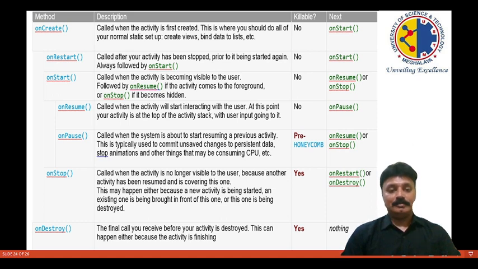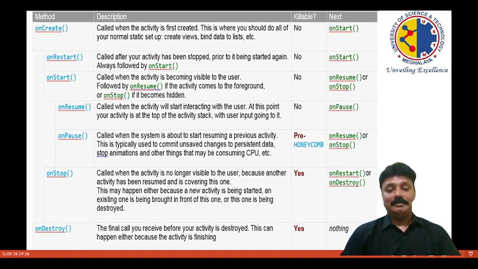Then onStop is called when the activity is no longer visible to the user because another activity has been resumed and is covering this one. This may happen either because a new activity is being started, an existing one is being brought in front of this one, or this one is being destroyed.